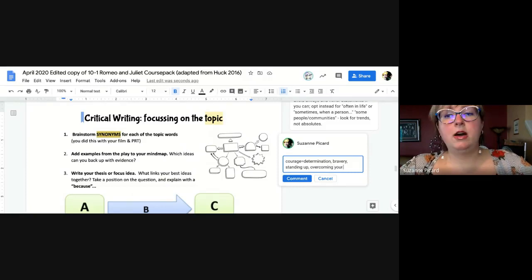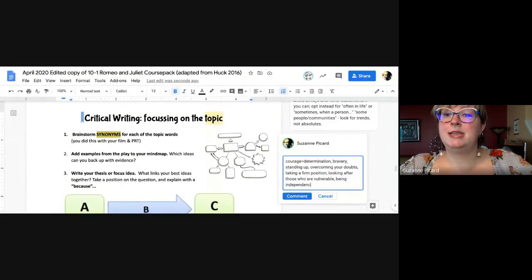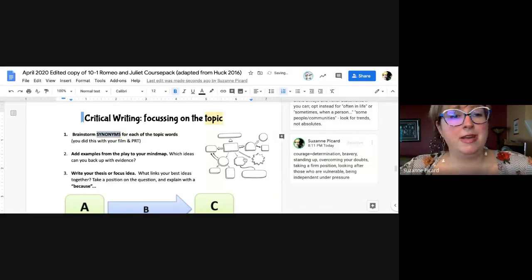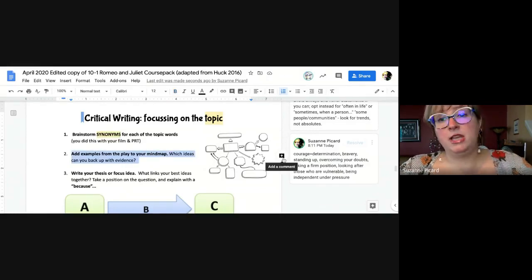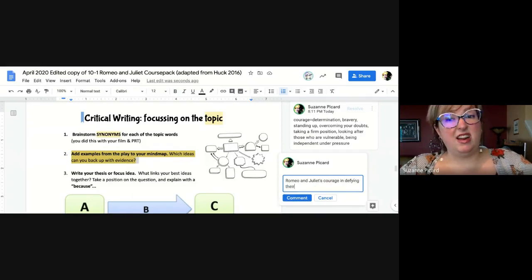Overcoming your doubts, taking a firm position, looking after those who are vulnerable. Maybe I think that's courageous. Being independent under pressure. There's a lot of different things I could put there for courage. That's my example brainstorm. And remember, I'm looking for examples from the play to link in as well. And so for that part, my examples from the play might be Romeo and Juliet's courage in defying their families,